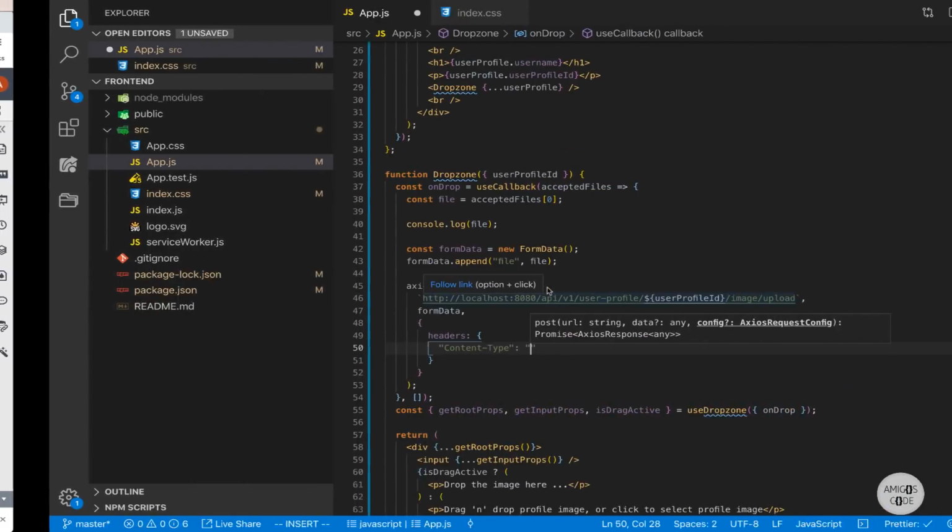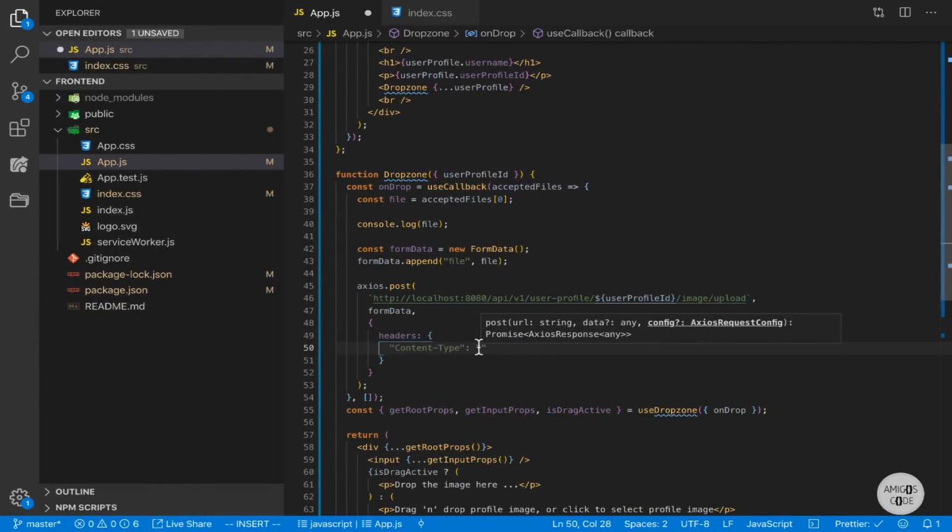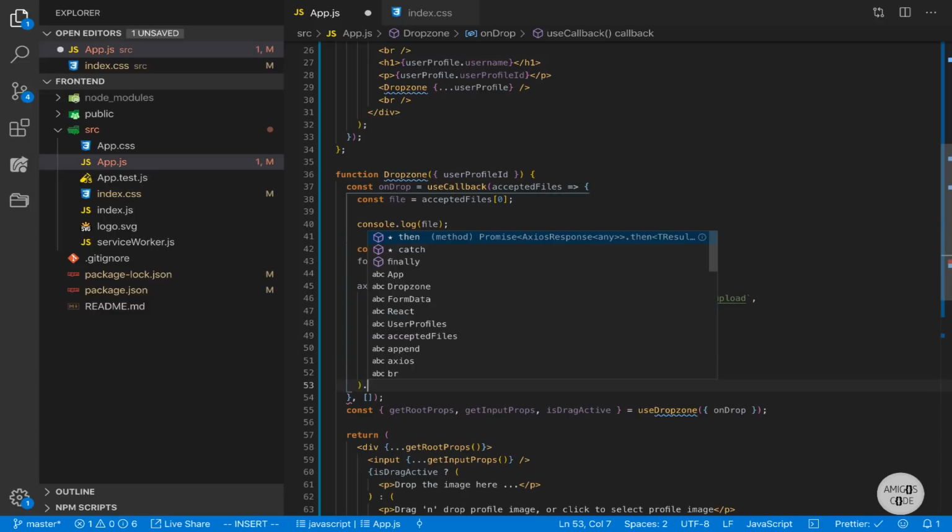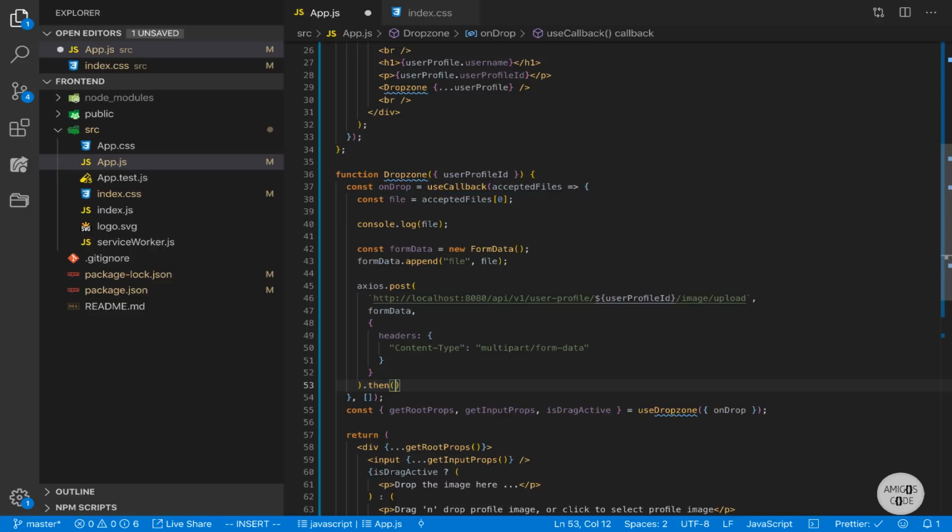So let's go ahead and simply say multipart/form-data. And there we go. This should be everything that we need to send files to our server. Now, obviously, we can pass the .then,